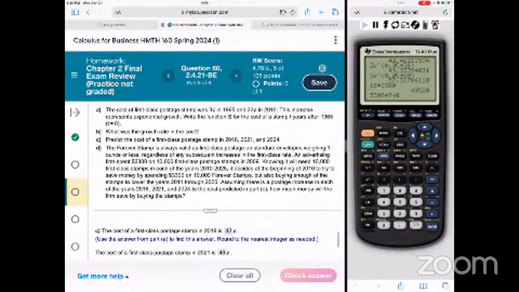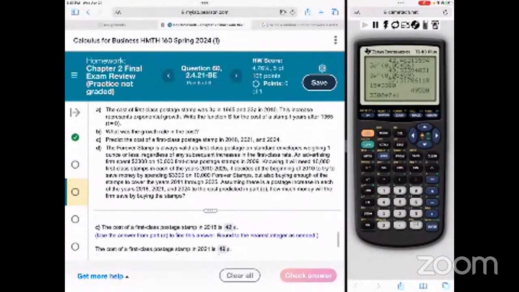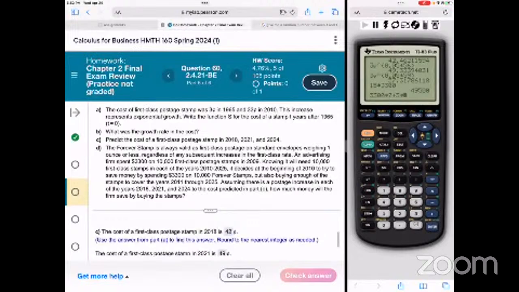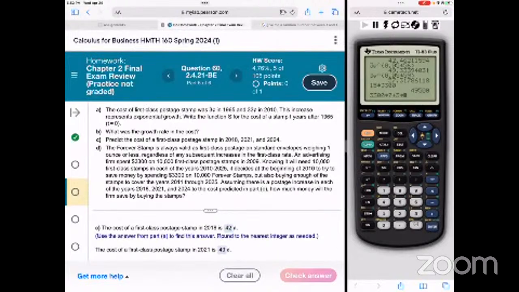So now for each year we're doing a total of 3 years, right? We're going to say 3 times. And for each of those years, we want 10,000 stamps at 42 cents a stamp. So what we're doing, 42 cents times 10,000. Let me see. How many times are we moving it? 4 times, 1, 2, 3, 4, 4,200. Okay, so I think it's 3 times 4,200. I'm just trying to get you guys out of here.